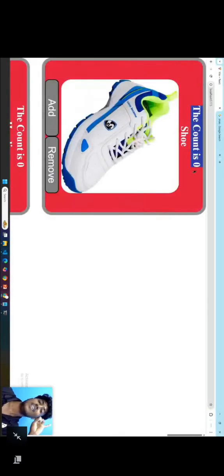For example, we can also do it like this. I'm going to remove the available. Here I'm going to provide that the count is 0. The initial value of count is 0. You can see the count is 0. Then, whenever I click the add button, count equal to,